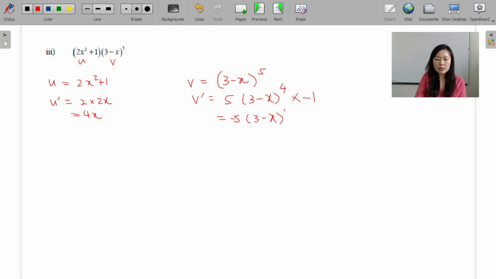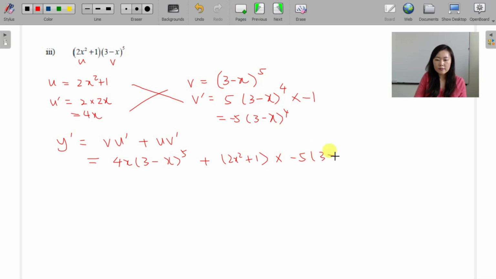Right, so I'll just rearrange it a little bit. All right, so y dash is vu dash plus uv dash. All right, so vu dash is just these two times together. Uv dash, you just have to be careful with your signs because there's a negative here. All right, so notice that 3 minus x to the power 4 is the lowest common multiple, which I'm going